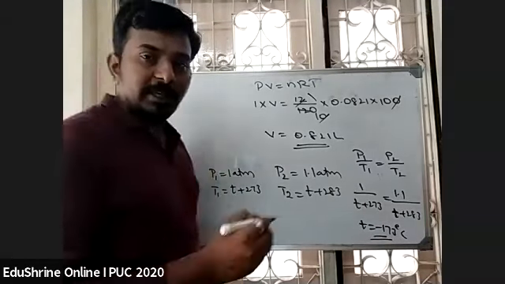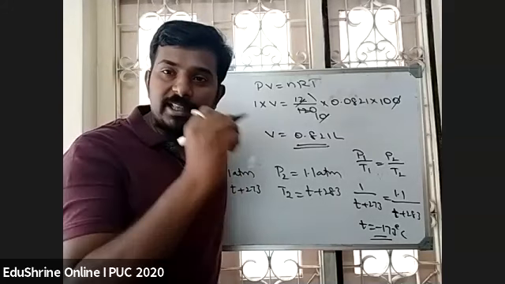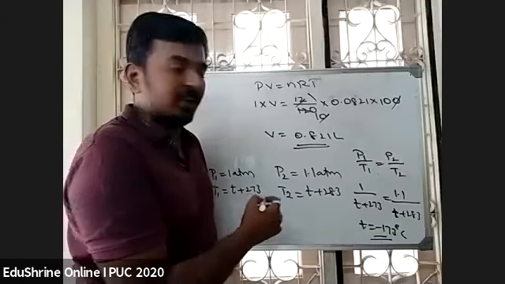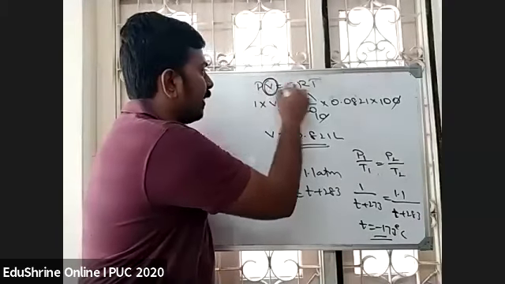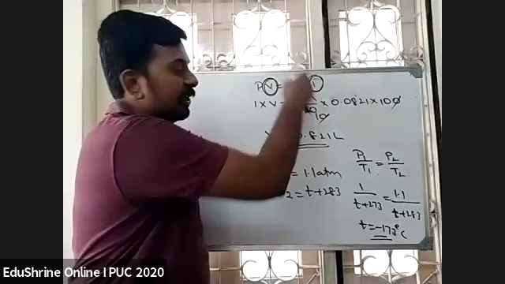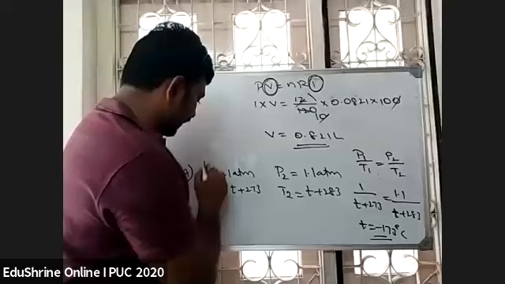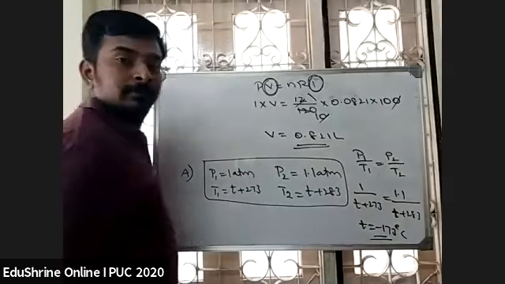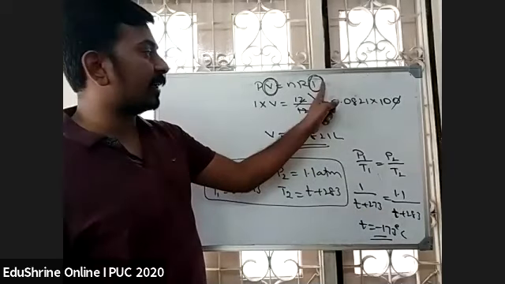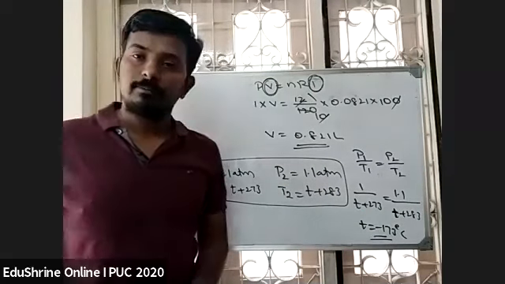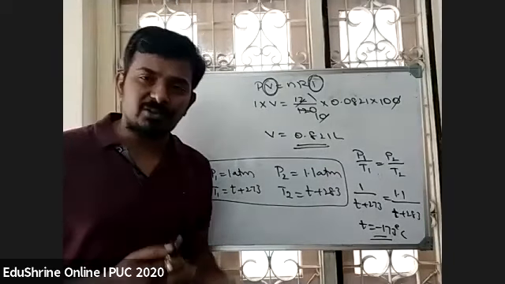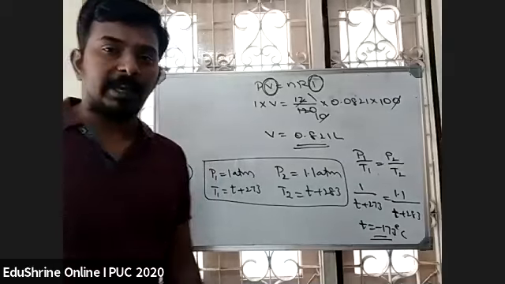You know that you need to use the ideal gas equation, definitely. But in the information given in the question, there are two unknown terms. One is V, the other one is T. I can calculate T by using this information. So once you calculate T and substitute here, you will get the value of V. So this was also a JEE question, right? Not difficult, students. The only thing is you need to practice.